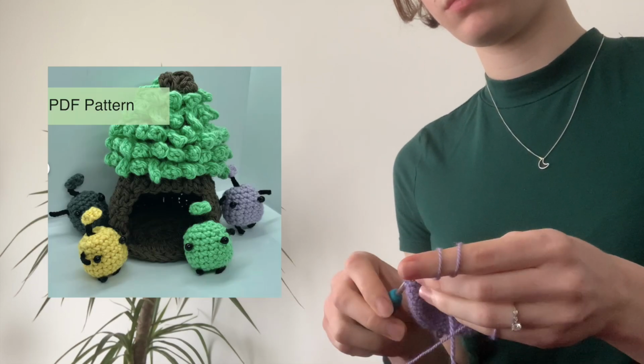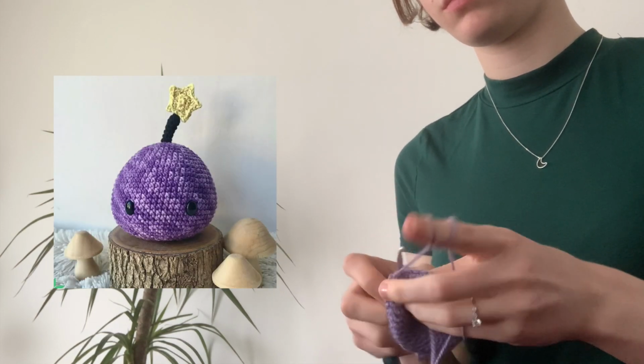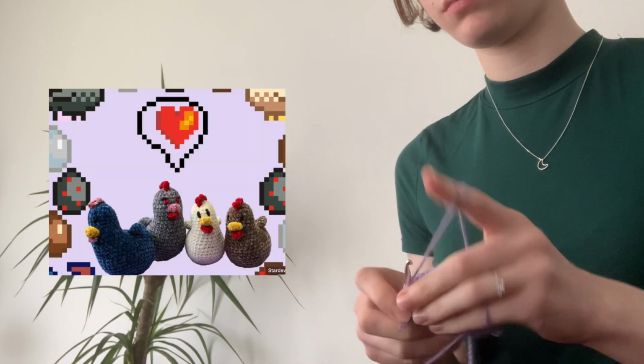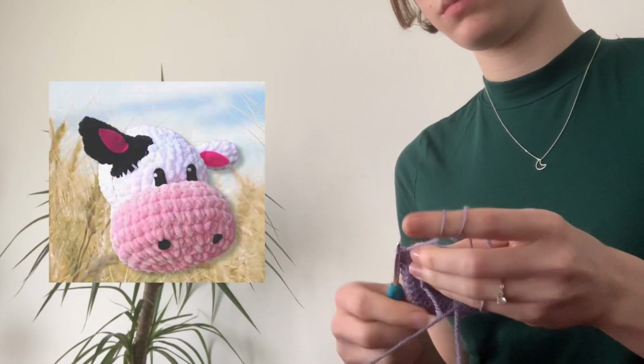ones that had something unique about them. Next up, we have a couple of slime patterns, which are both free. We have 2 different chicken patterns, which includes all of the different coloured chickens and eggs that you can get in Stardew Valley. This giant chunky cow is free and it's by